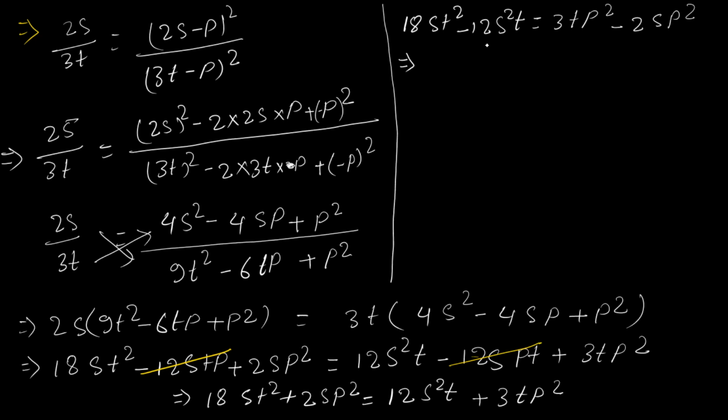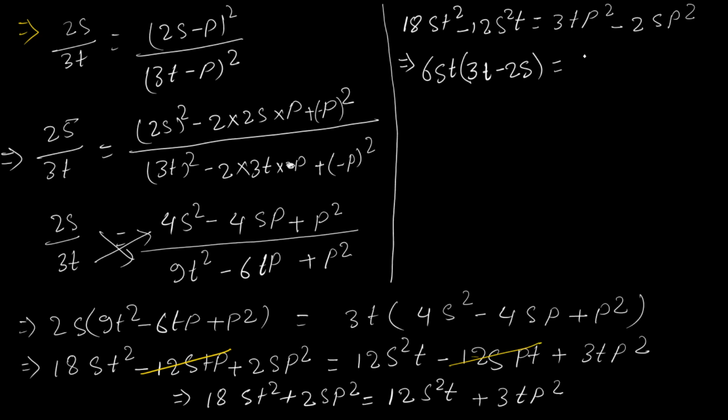3 chhak 18, 3 chauka 12. 3 chhatri 18, 6 doona 12. Okay, so 6 s and t I am taking common. Then 6st if I take common, what will be left? 6 3 ja 18. Here you will be left with t alone, minus 6 2 ja 12, you will be left with s alone.